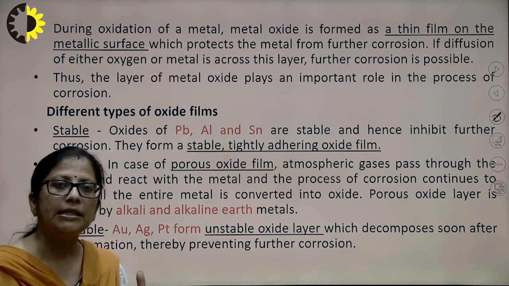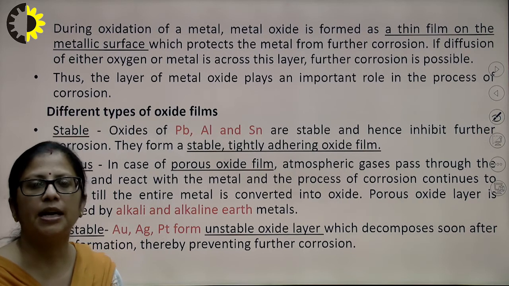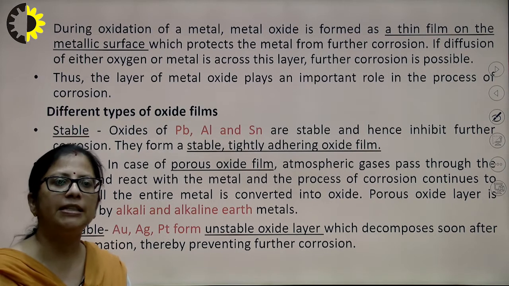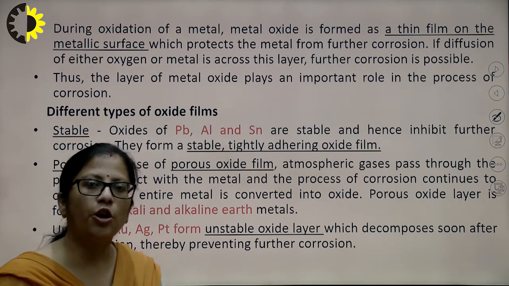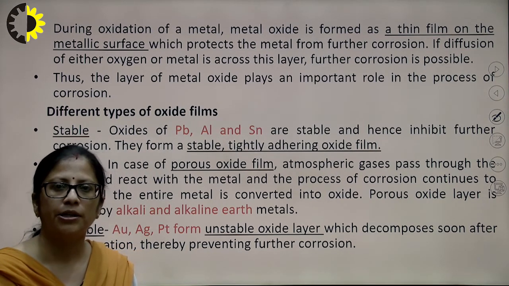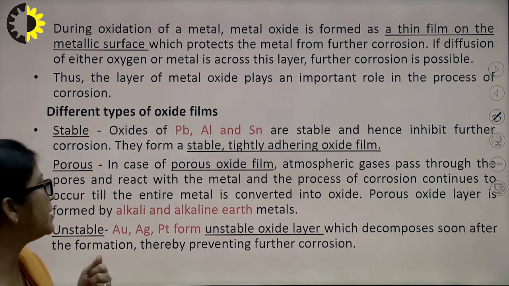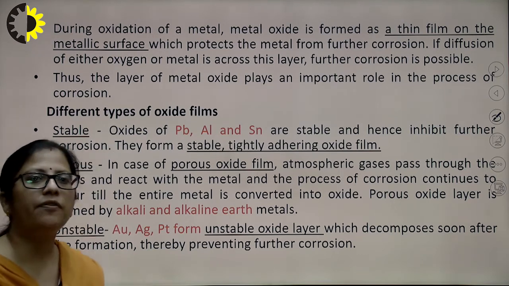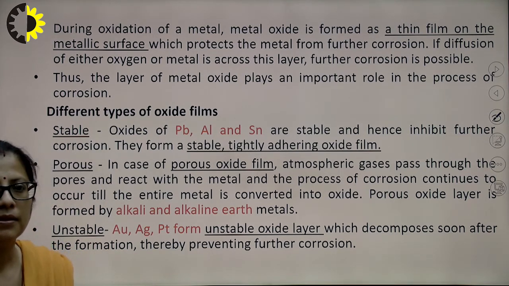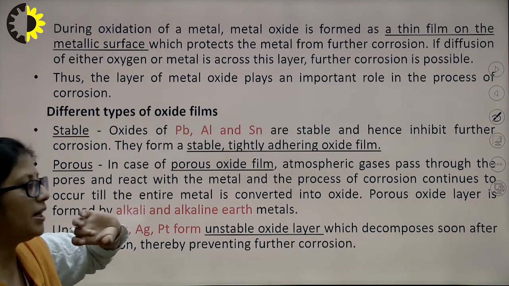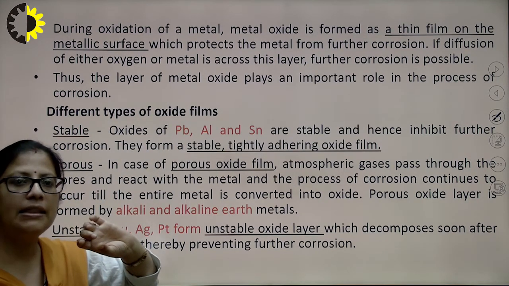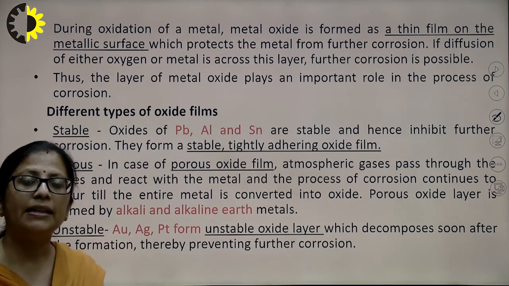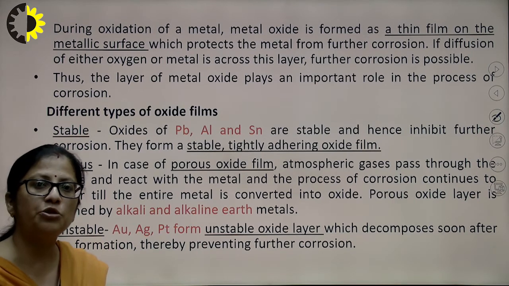Now there are different types of oxide films that are formed on the surface of the metal, and this oxide film will decide whether further corrosion will take place or not. The different types of oxide films I am taking. First is the stable film. Here, oxides of lead, aluminium and tin are formed when oxygen reacts with these metals, and this metal oxide layer is stable and tightly adhering to the